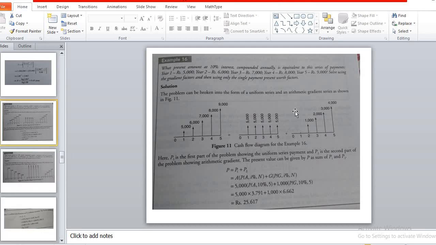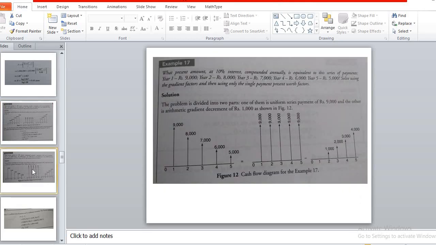Sometimes there is some increment after each year. Sometimes there is a decrement at each year. So the formula changes slightly. Instead of plus for increment, if this is for decrement, then it becomes negative. So in the next case we will go through such an example of decrement.